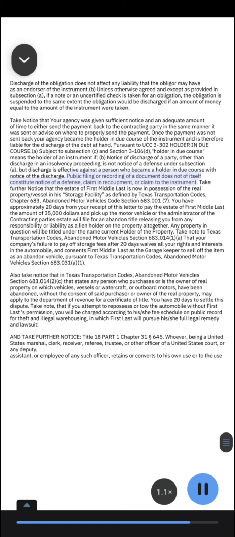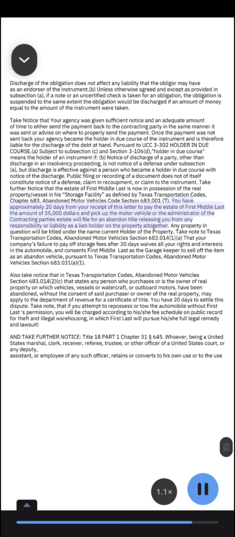Public filing or recording of a document does not of itself constitute notice of a defense, claim in recoupment, or claim to the instrument. Take further notice that the estate of first middle last is now in possession of the real property vessel in his storage facility, as defined by Texas Transportation Code, Chapter 683, Abandoned Motor Vehicles Code Section 683.0017. You have approximately 20 days from your receipt of this letter to pay the estate of first middle last